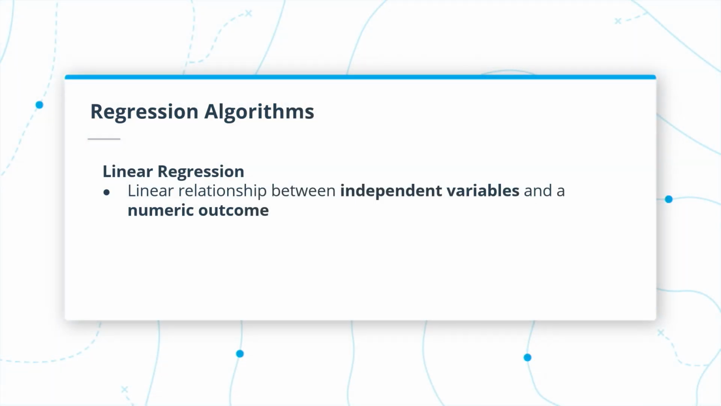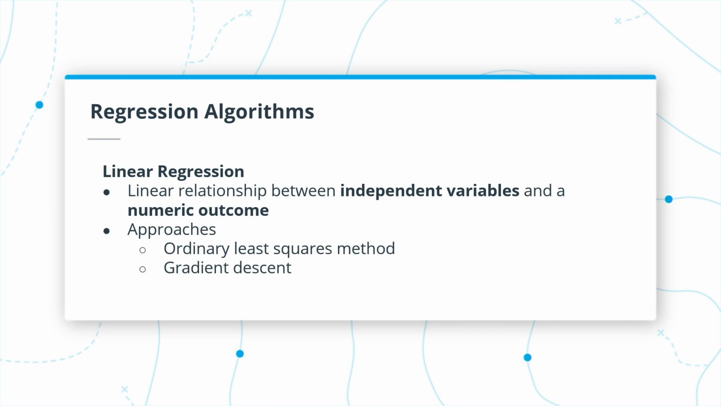In this section, we will review the key regression algorithms available in Azure Machine Learning Designer. The first algorithm is the linear regression algorithm. This algorithm attempts to establish a linear relationship between one or more independent variables and a numeric outcome or dependent